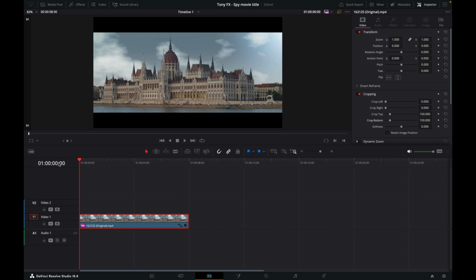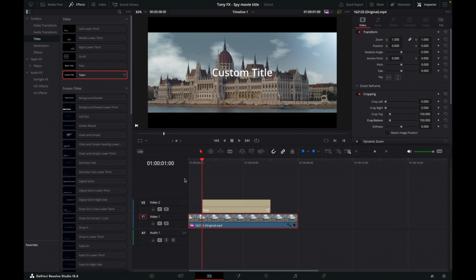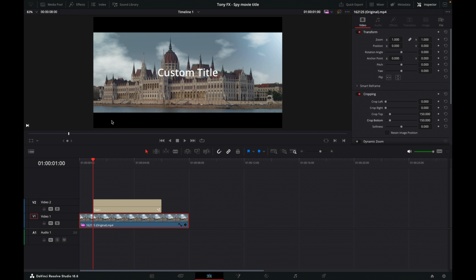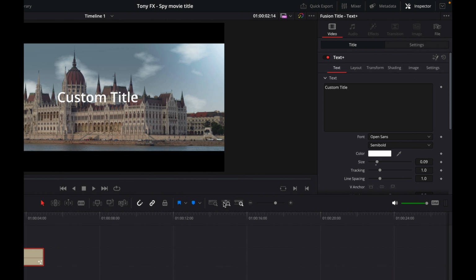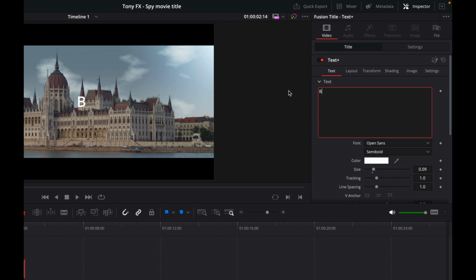So I'm going to come forward maybe 1 second, to here, and then I'll go up to effects and titles and grab a Text Plus and close that one down. And then I want this maybe to come to 5 seconds, so I'll trim the end off of there, and then I'll move that up because we're going to do another one as well in a moment. And so here let's type Budapest,